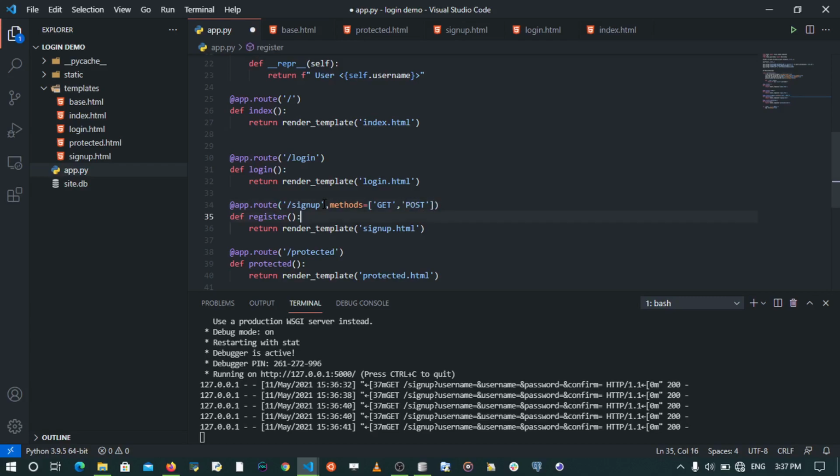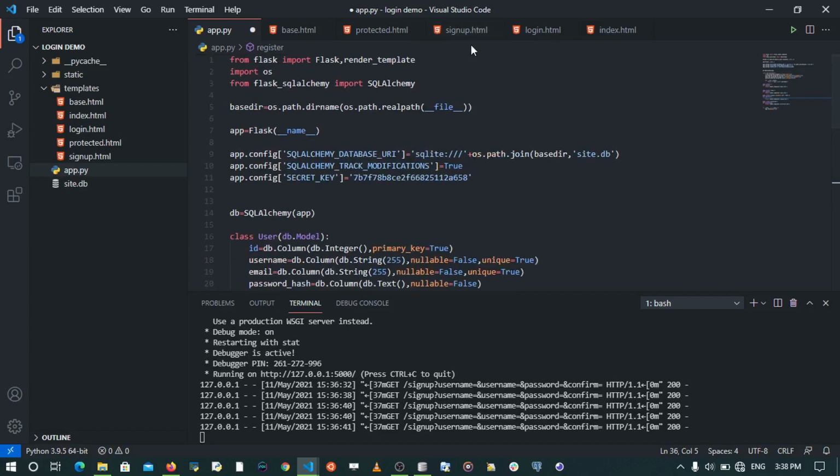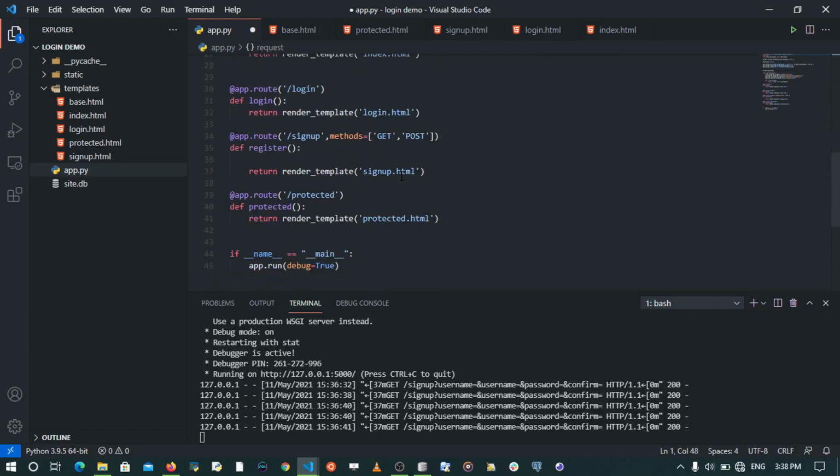And after this, I'm going to also get the data from the forms. And to do this, I'll need to have the request object from Flask. So I'm going to import it. I'm going to go to Flask and say from flask import request. After importing request, I'm going to come to the register route, and I'm going to